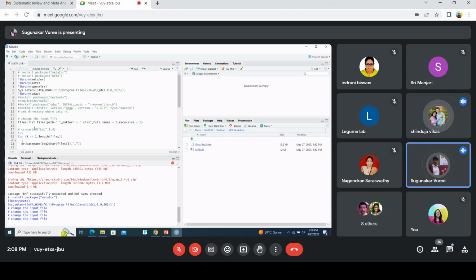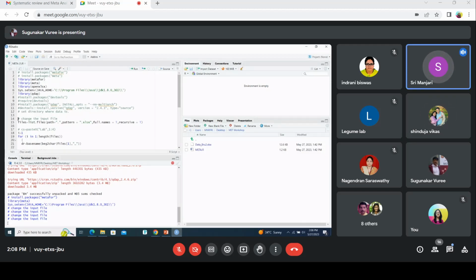Exactly. So if you are reading the right file, it should appear there, and the contents of the file will appear on the right. So it is not able to read that file to pull into the R software. That's what it is trying to tell. Okay, so what do I have to do now? It says change the input file system. So what you can do is